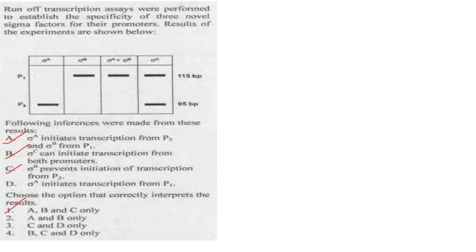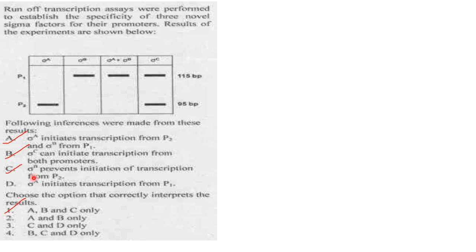Then next one. Run-off transcription assays were performed to establish the specificity of 3 novel sigma factors for their promoters. Results of the experiments are shown below. Following inferences were made from these results. So this is the experiment. We can see from the data that